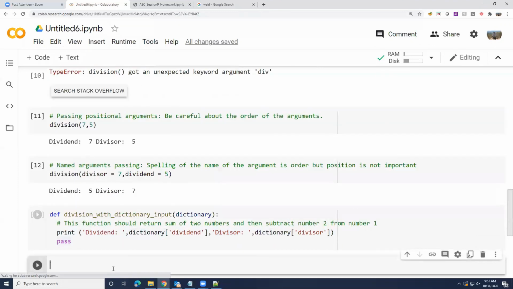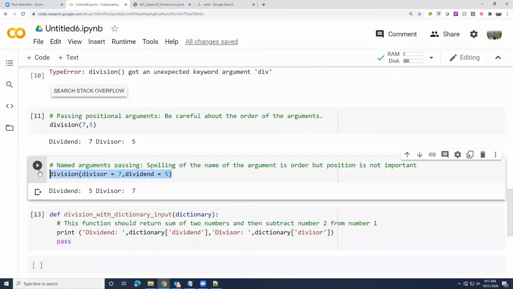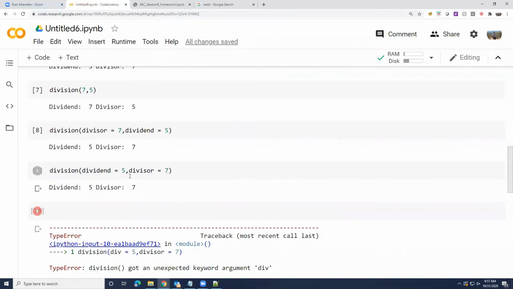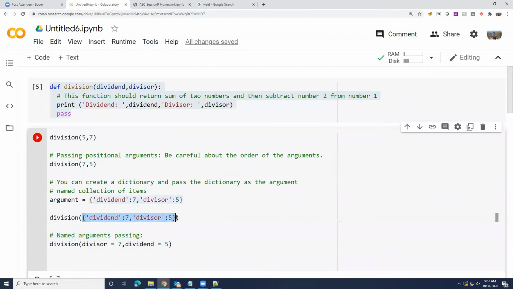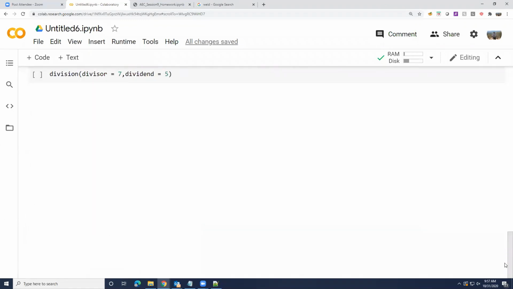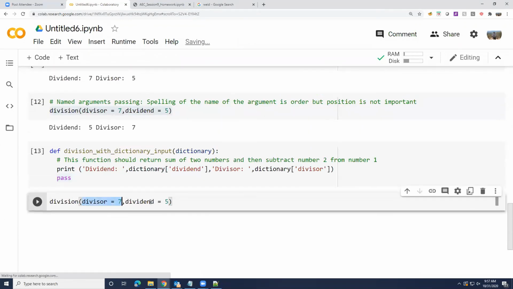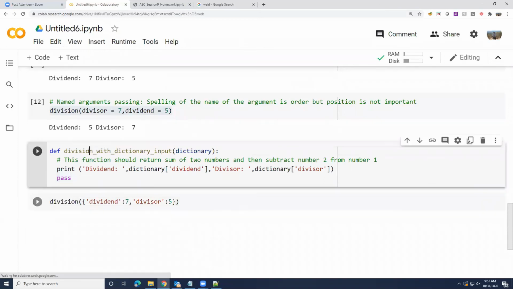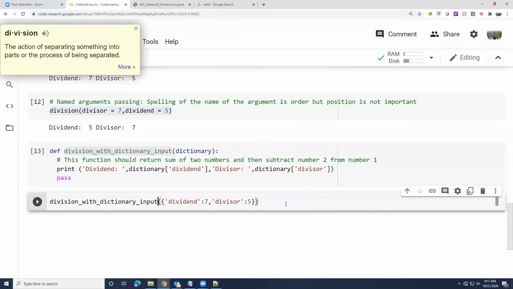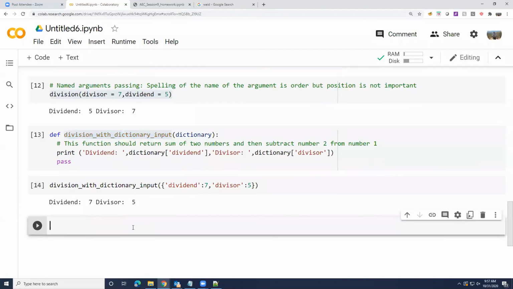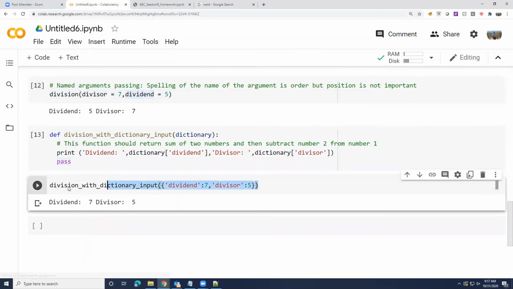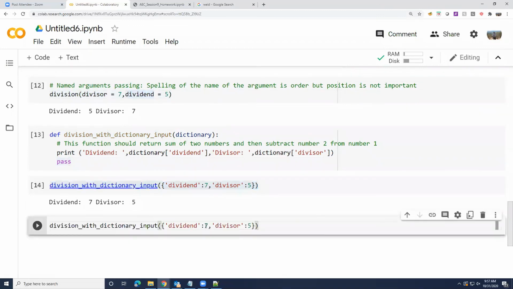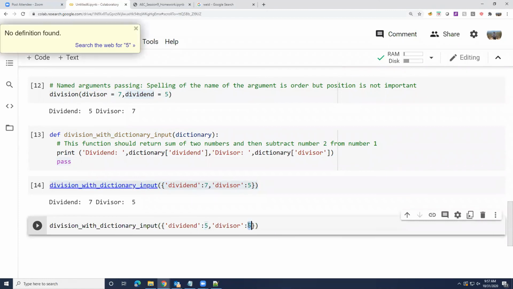So again, very simple thing. Let's see if I call this now with a dictionary, what happens. I will copy whatever I had called here. As you would expect, it is printing dividend and divisor correctly as whatever I have passed. If I called it with 5 and 7, it would print 5 and 7.